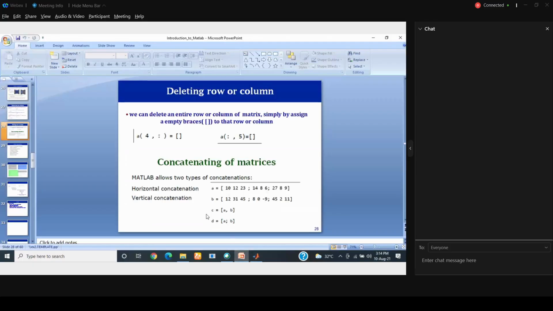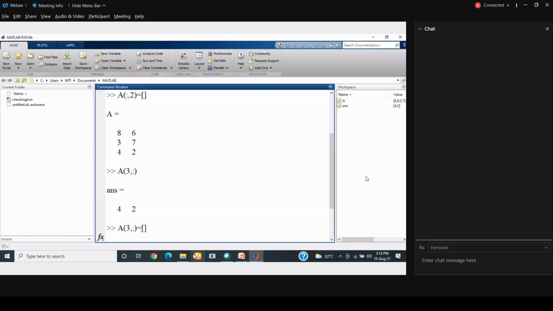Another one is concatenating of matrices. MATLAB allows you two types of concatenations: horizontal concatenations and vertical concatenations. So for example, we have matrix A of 3 by 3, correct?